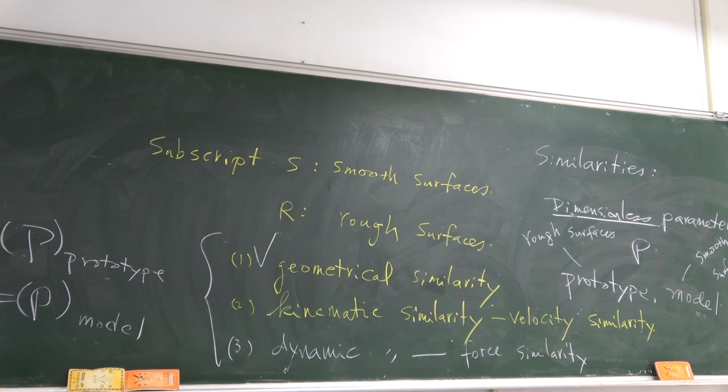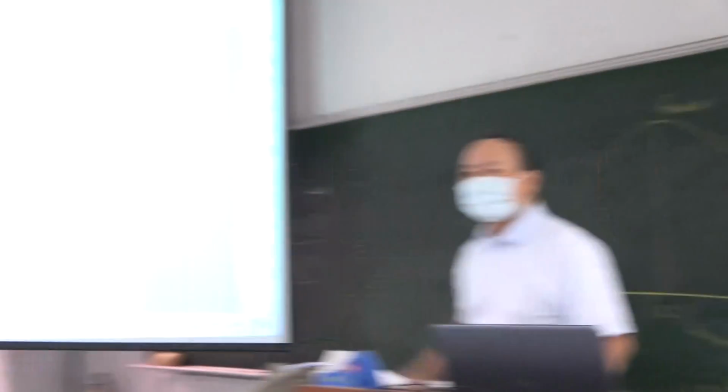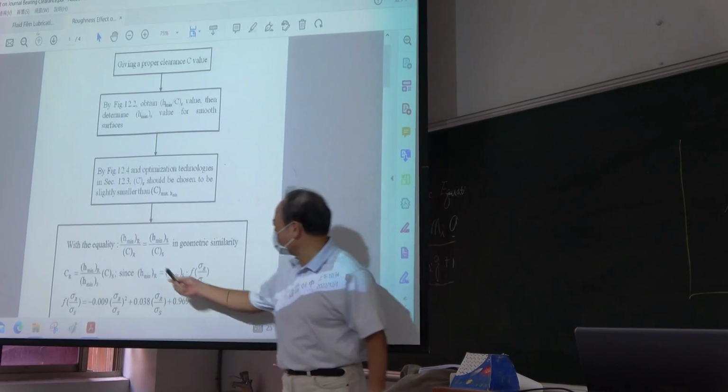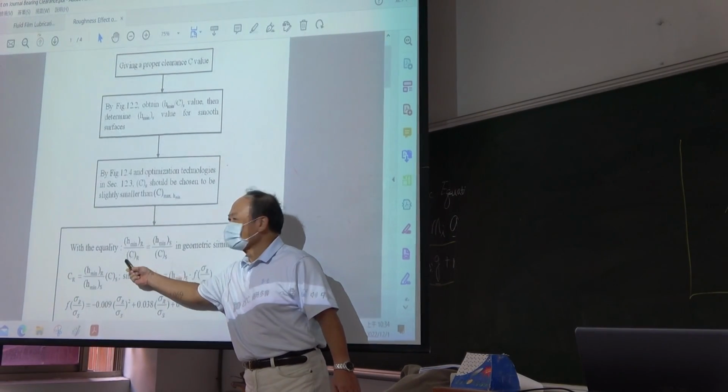We got the C, we got the H minimum from these two steps, right? This is H minimum, this is C. These two values are obtained in the smooth surface. 这个是我们得到的。